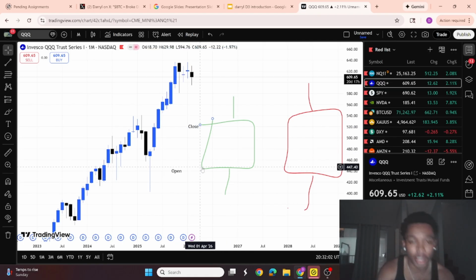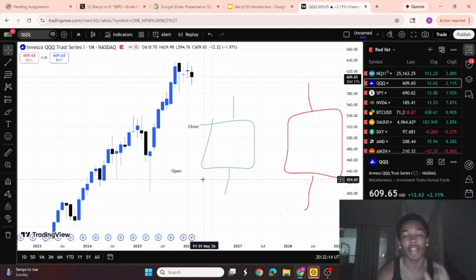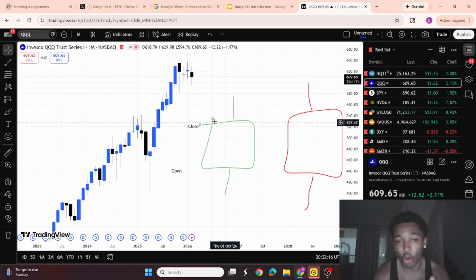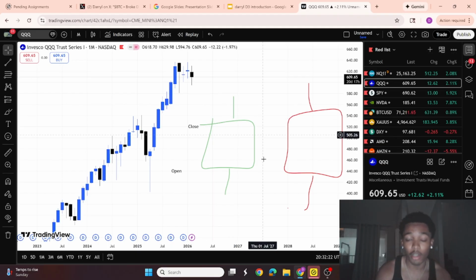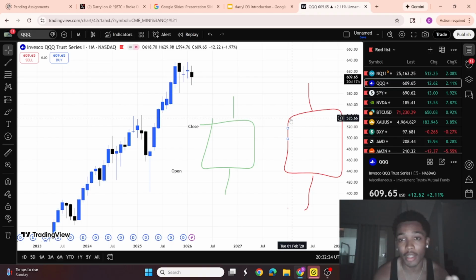How do we know it's going to be a green or a red candle, or in my case a blue or a black candle? If price opens and it closes higher than it opened, it's a green candle or a blue candle. I'm going to say blue candle from now on. If price closes lower than it opened, okay, in this case